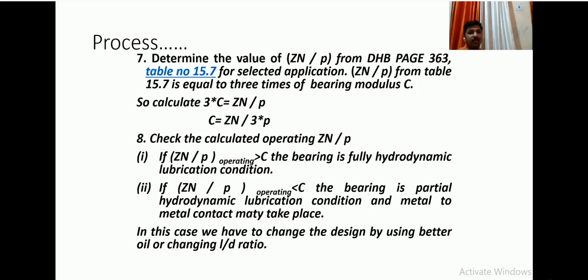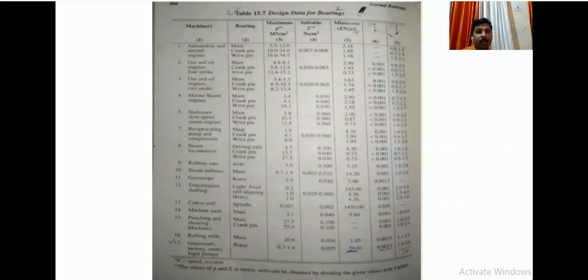If the application is given in the problem, then what will we do? We will go again to table number 15.7 and go as per the application and the particular bearing, and see what is the minimum value of Zn by P,